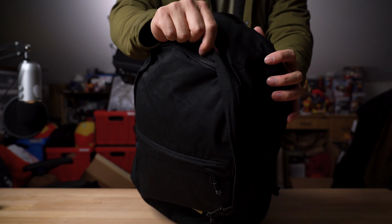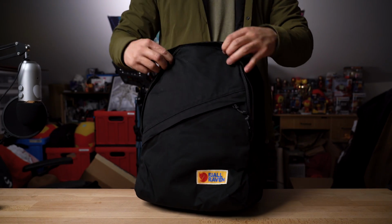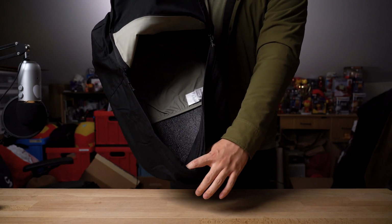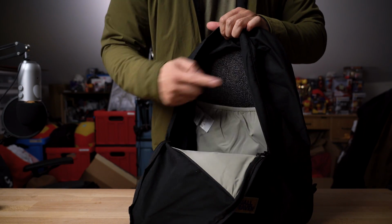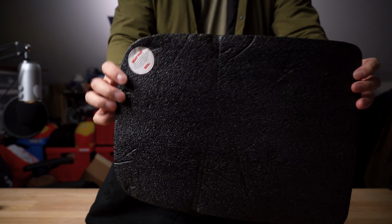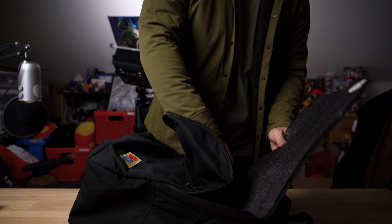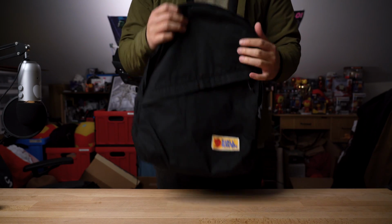Then the main pocket, which although doesn't sport a waterproof zipper, it's got this rain cover over the zipper all around to keep water away. With the half body zip, you've got complete access to everything within, which is super useful given there isn't much organization inside this 25 liters of storage. There is a single stretch pocket along the back, fitting up to a 15-inch laptop or tablet so it's not sliding around. Plus the sheet of styrofoam that doubles as padding but removable to become, you guessed it, a seat pad. Doubly win. Gimmicks aside though, it does help give the bag some structure and keep your gear from poking